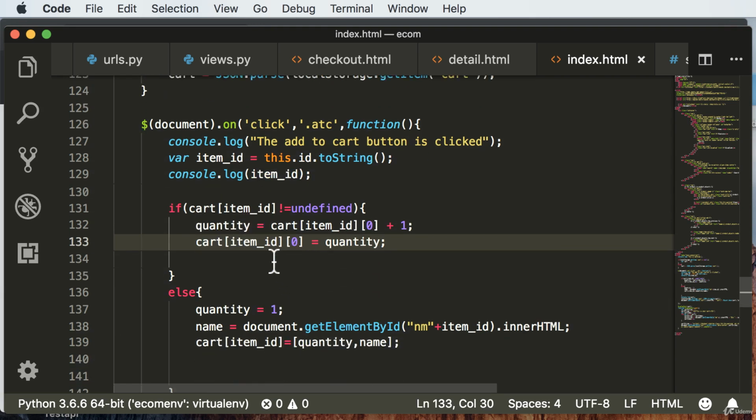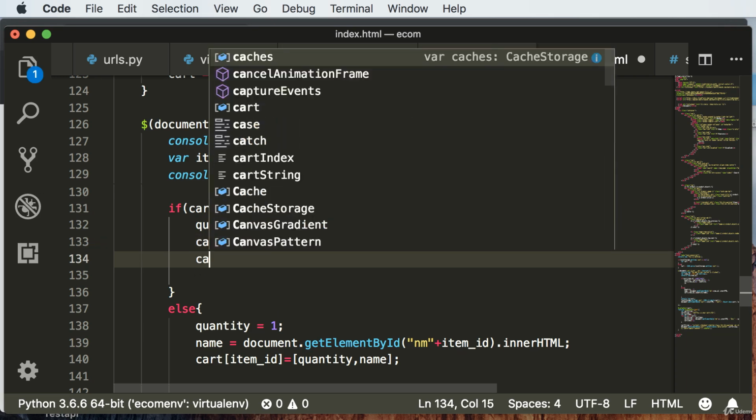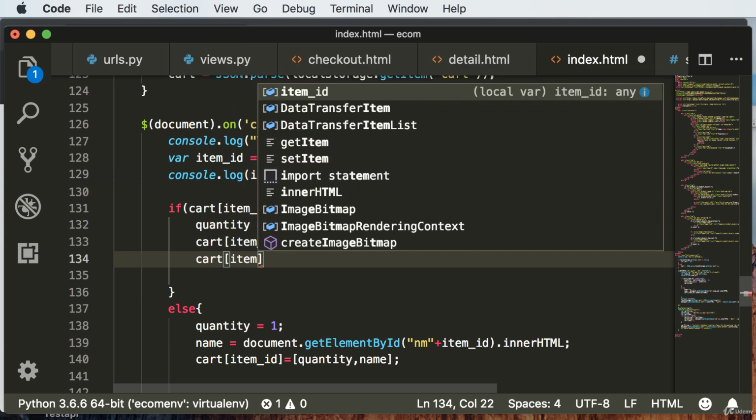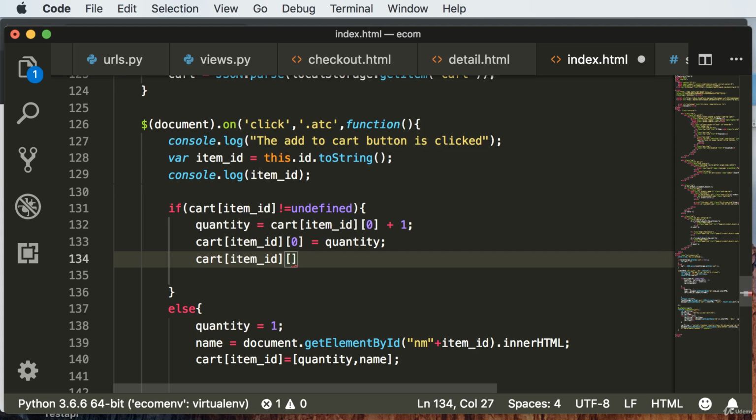As you can see, for the quantity, we have saved the quantity at position 0. So now if you want to save the price of the product as well, you can simply save it at a particular position, which is index position 2. In order to get the price and add it over here, I can type in cart item ID of 2. So let's do the same thing. I'll say cart of item ID, and we are going to save the price at position 2. So I'll type in 2 over here, and that's going to be equal to